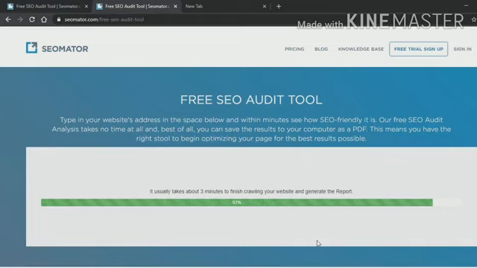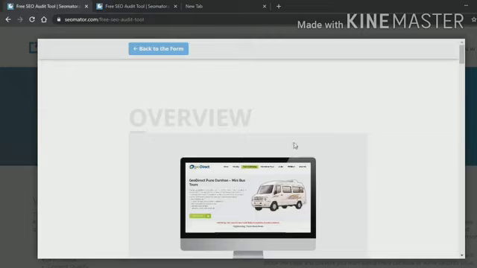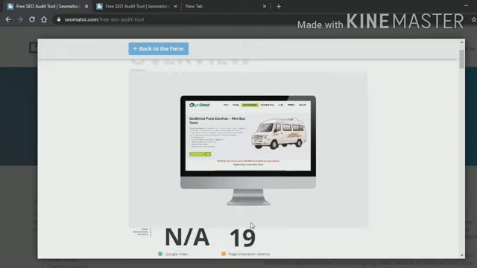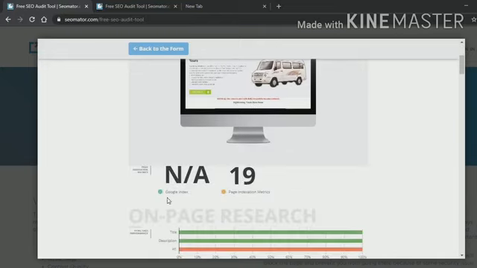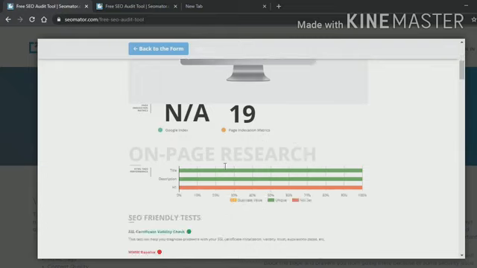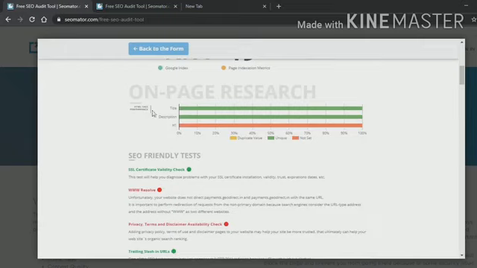So see how this PDF looks. Here is the PDF of Geo Direct. So see, here is the screenshot of the website. We can see Google index not applicable. Then page indexation, that is 19. On page research, it will show us the on page result, title, description and heading tag H1.